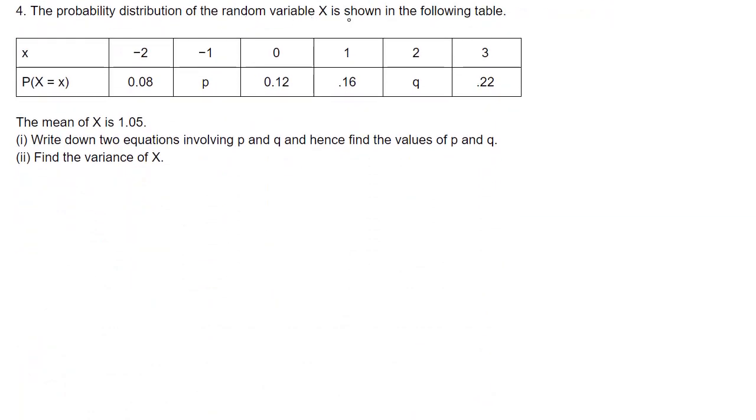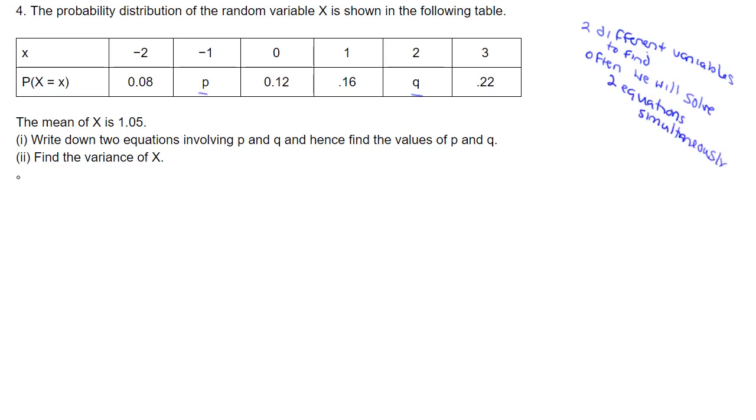Number 4, we've got a probability distribution with an x, but we're missing 2 probabilities, and one's labeled p and one's labeled q. When you have to find 2 different probabilities, very often you're going to write 2 equations and solve them simultaneously. The first equation, well, we're just going to use the property that all these probabilities must add up to 1, and we're going to write this, and then all we've got to do is simplify our constants,